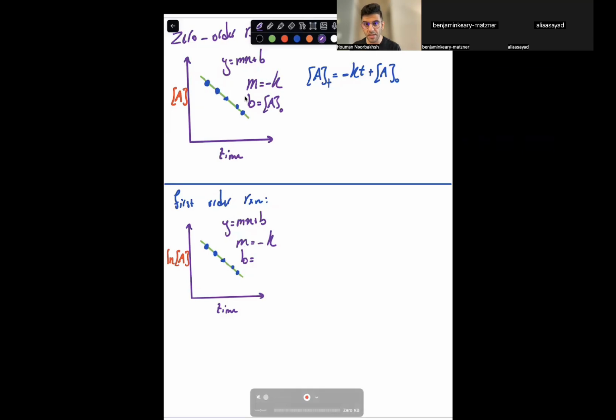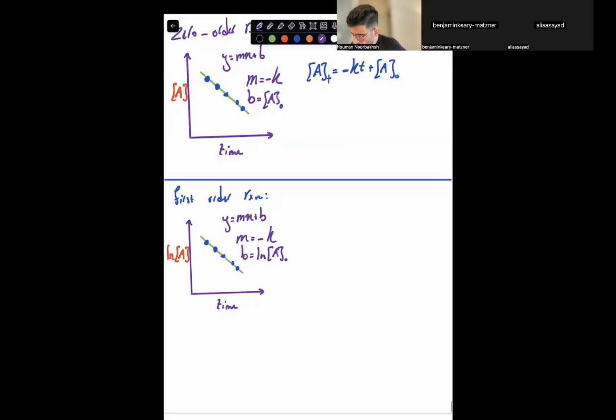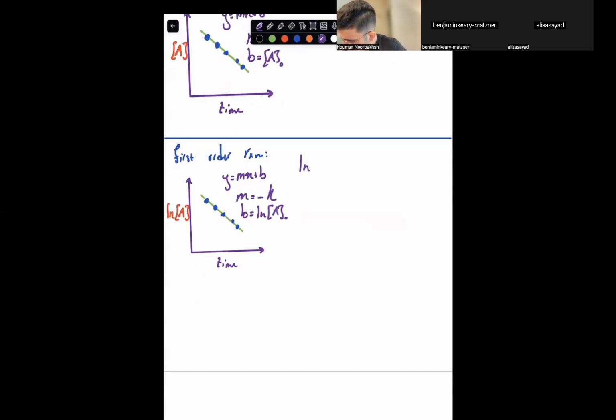People think because the b of this one is A naught, the b of this one is A naught. No, it's a ln diagram. The y-intercept would be ln of A naught. And again, you can actually write this equation in two ways. You can say ln of A_t is equal to minus kt plus the ln of A naught, or you can actually write